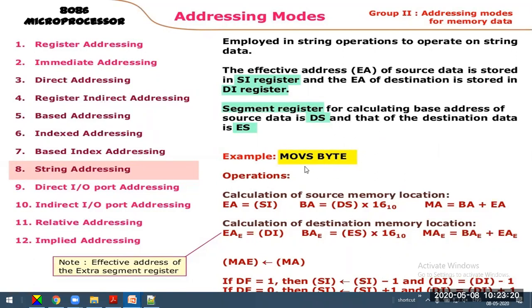We have an example, guys. MOVS, for string of data. Byte is a variable which stores the string of data. Let us see the basic memory calculation operation here. The actual working of this instruction we will take up when we discuss the instruction set. There are a lot of string operations in 8086, and one of them is MOVS, to transfer a string of data.